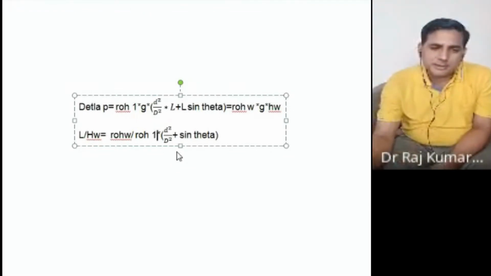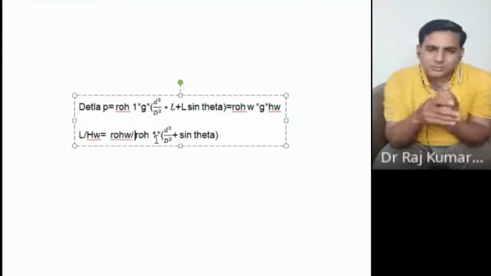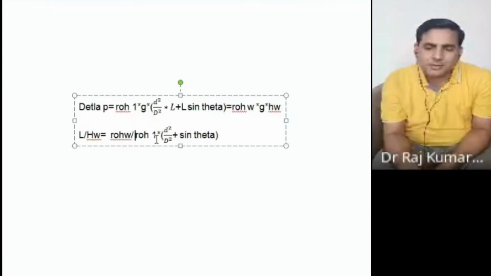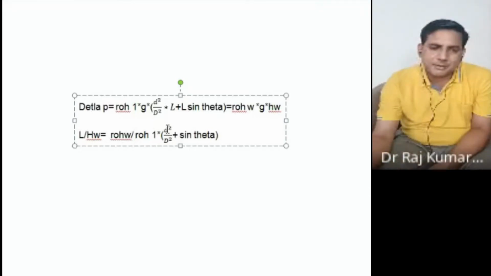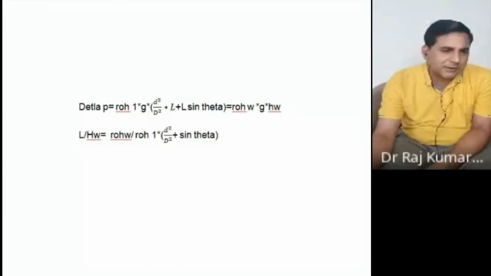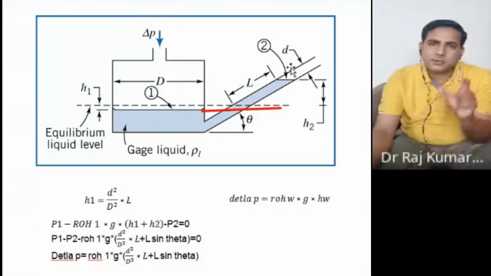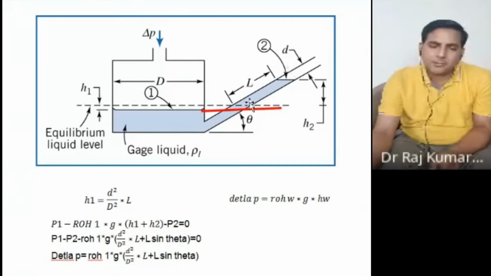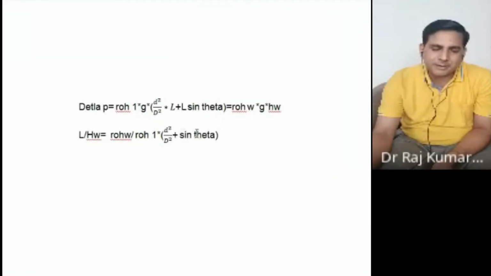manometer. What can you do? First, you can change the density: by chance we can take a lighter density fluid also, and that can enhance the sensitivity of this particular manometer. Other thing we can change is the diameter of the tube that you have given here. This diameter of the tube can be changed. You can make it thinner and thinner so that you get more and more L. Or the rest of the thing, this theta. So theta can be decreased.